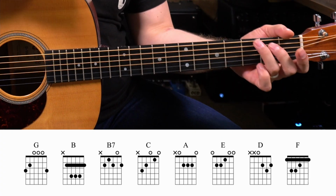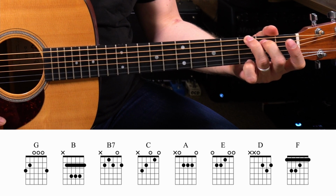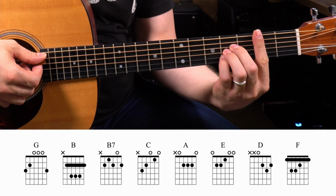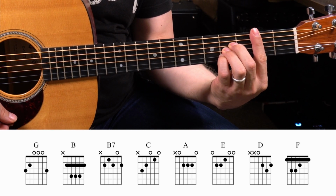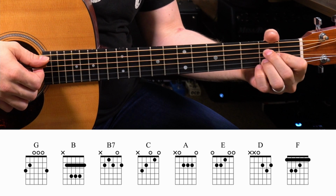Let's go ahead and take a look at the chords that you need to play through this. This is interesting because you would think it's in the key of G major, the way things sound and the way the gravity of the song always goes back to G, but there are no minor chords in the song, and there are several chords. There's like 6, 7, 8 chords, something like that. But we'll take a look at what's going on. They're all major chords. You have a G major, and you have a B7 or B major, or you can use just a B bar chord, B major bar chord. Then you have a C major, A major,